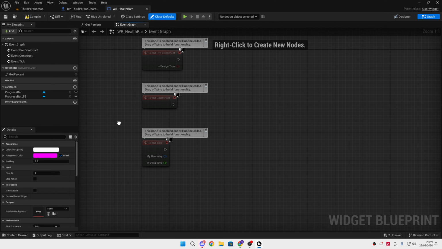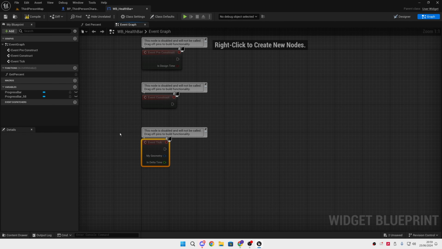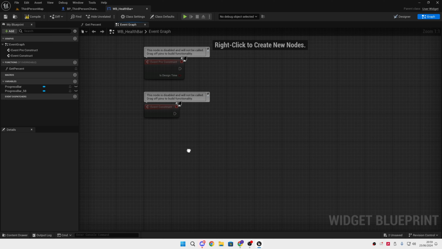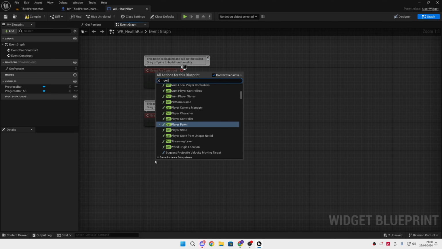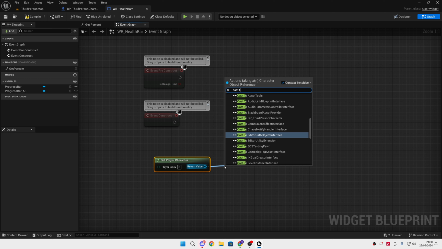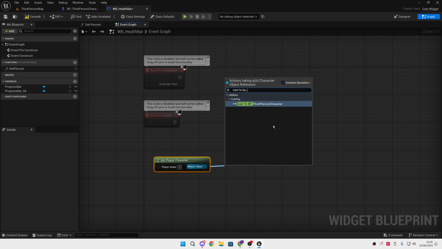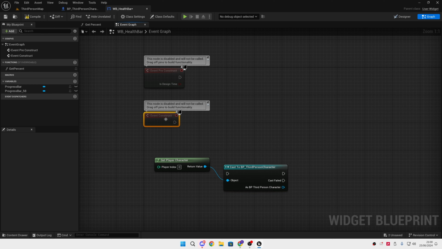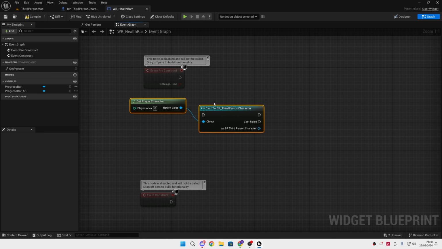Now we go into the graph, we're going to delete the event tick, and we need to get the player character. So right click, get player character, out of the return value, we're going to cast it to the BP third person character, or whichever character you're using as your main character. Let's drag this down a little bit, connect that to event pre-construct,